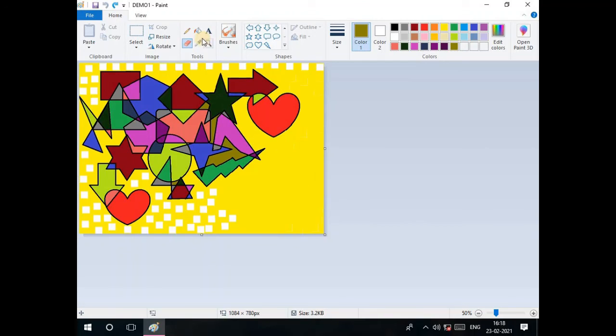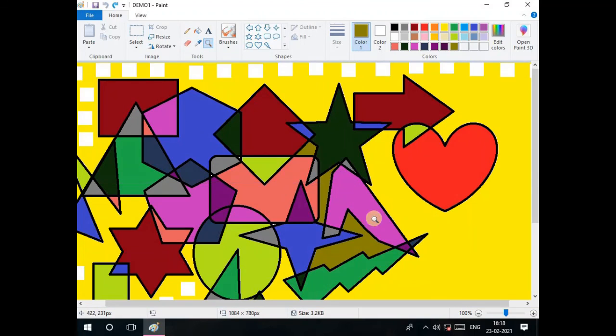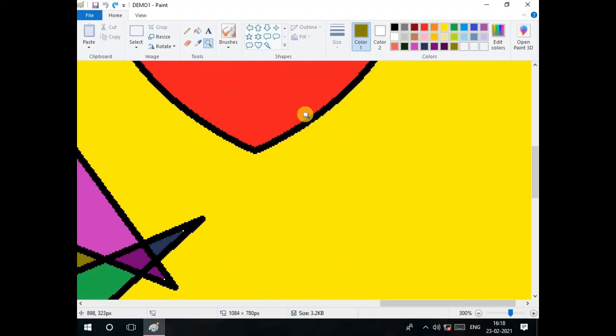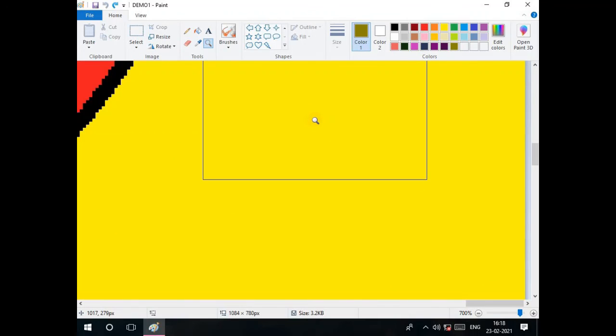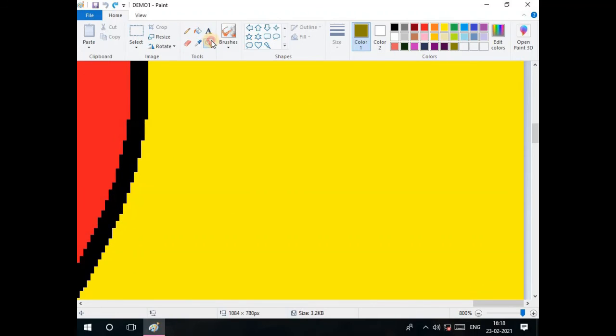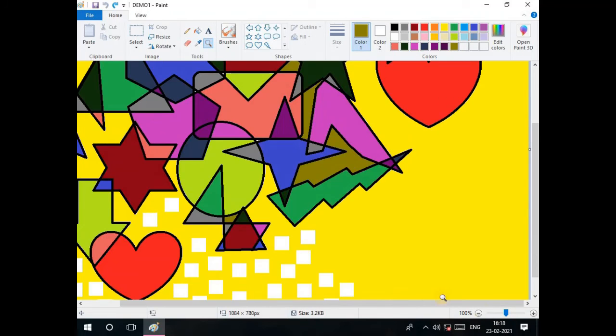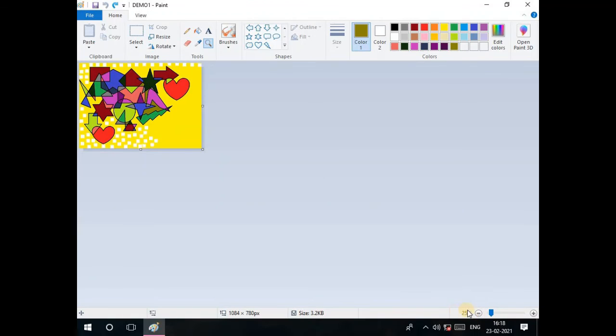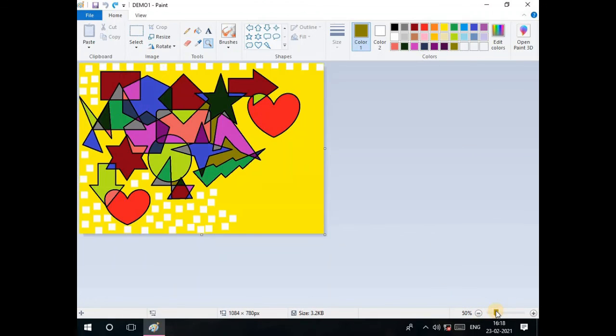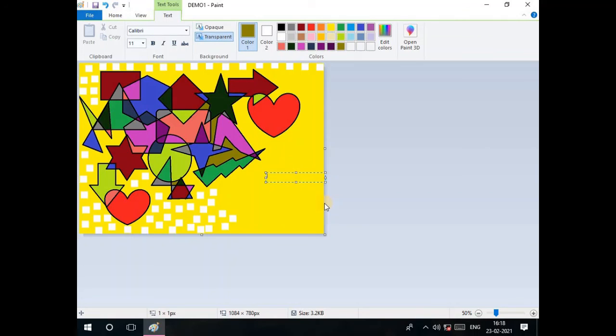So now here you can see this magnifier. For example, we have to see this, so you can see the area. It becomes larger because we can use our magnifier. For example, I will again come here, so minus 200. So our picture is here 25, so it's so small. 50% we can set here. Now text, capital A letter, you can see, click here, and for example write here